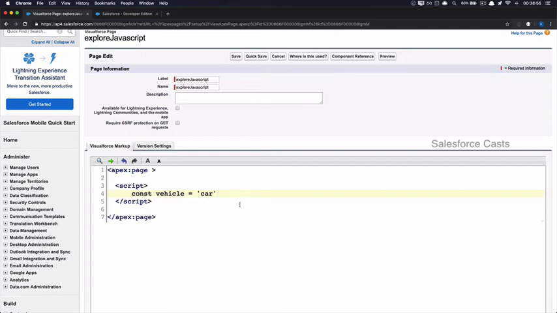Now let me quickly create an object using const. The way I'm going to define this object is I'm going to use curly braces. Within that, I need to give the values in the format of key value pairs. So type is going to be the key and the value is going to be car. Separate this element with a comma, and the next key is going to be color, and the value to this key is going to be red, comma, and the next key is going to be wheels. The value to that is going to be 4. Let me quickly save this.